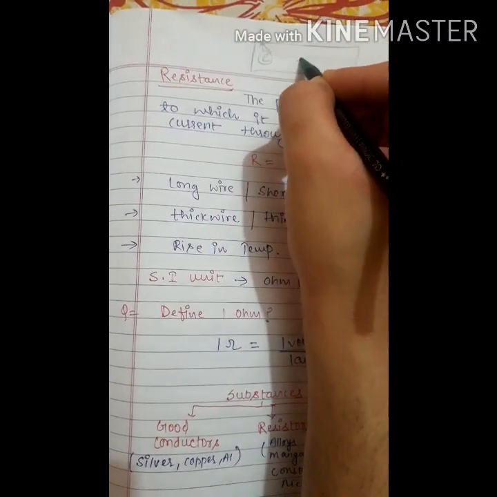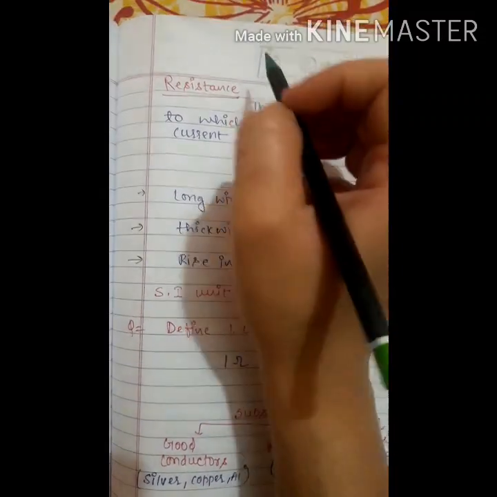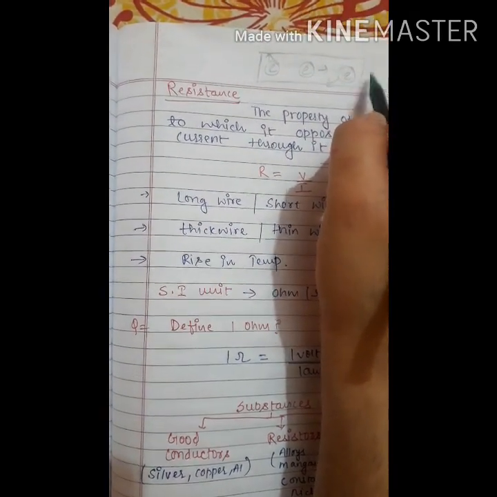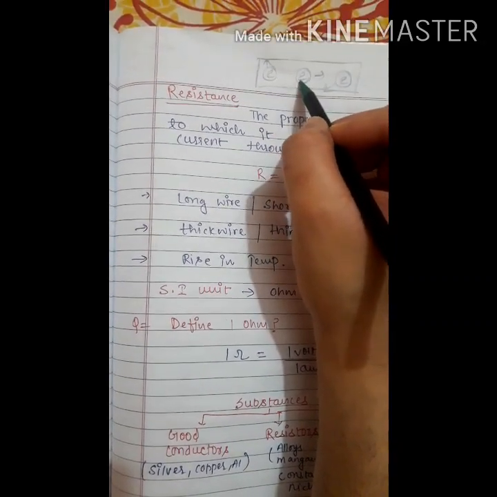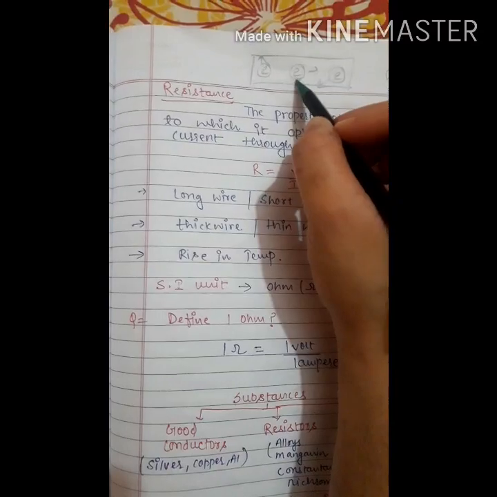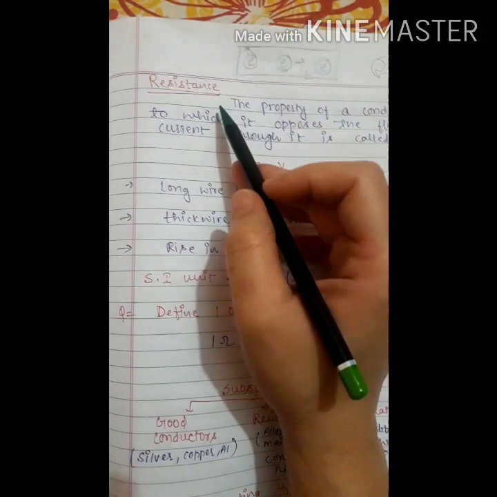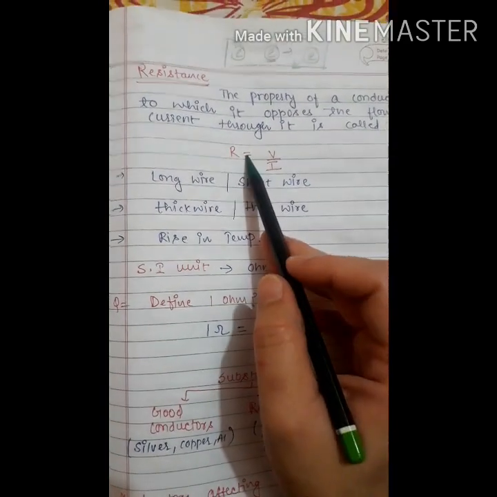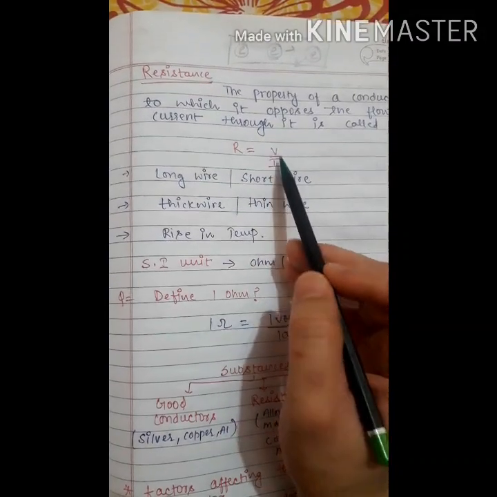There are a large number of free electrons in a conductor. They move in random directions. When electrons move from one point to the other point of the conductor, they meet an electron in the way, so they collide with each other and they lose their energy. Means they create a time lag between these two ends of the conductor. So resistance is the obstruction produced in the path of a current. We know that from Ohm's law, the value of R is equal to V upon I.